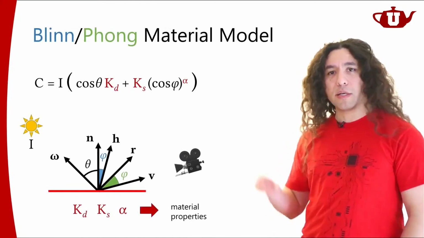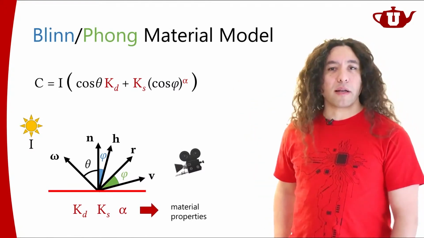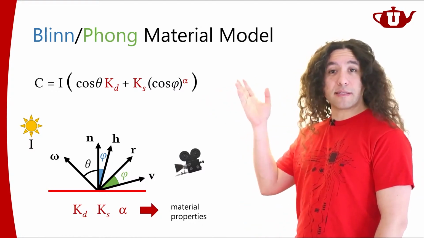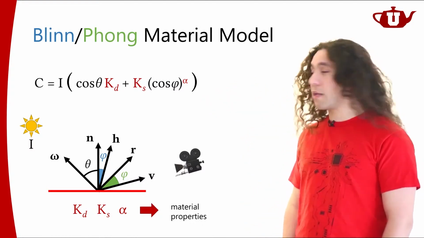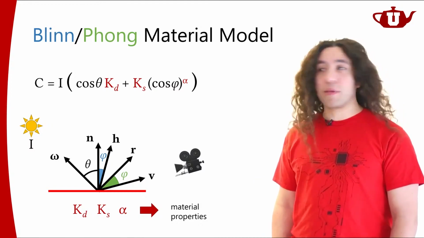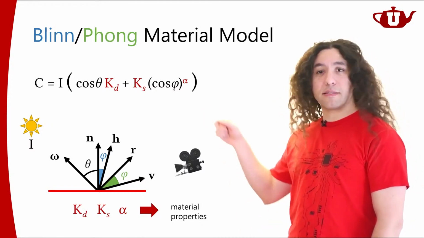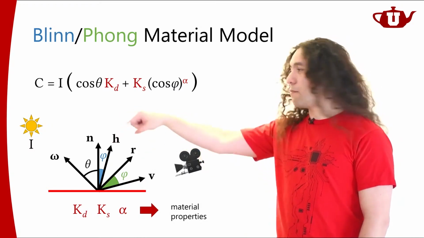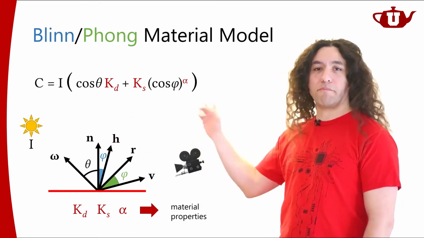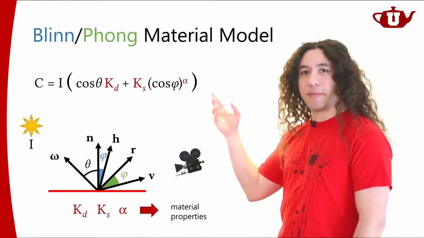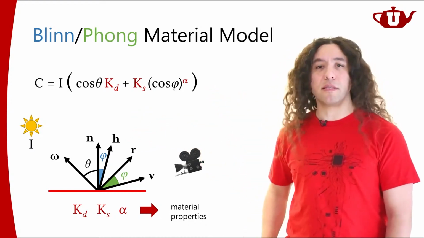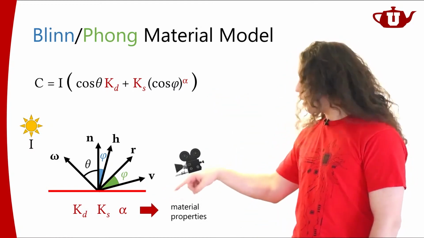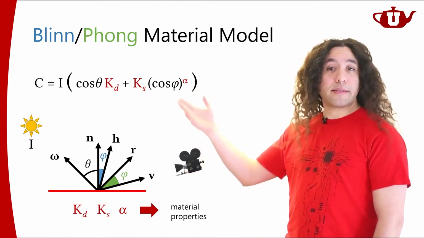Now, we talked about Blinn and Phong material models, right? Remember this equation? We've even implemented this. This is the Blinn-Phong shading model. The only difference between Blinn and Phong in this case is just how the angle phi is defined over here, right? Beyond that, they're basically using the same equation, these two material models. And these are our material properties over here. And this is our equation.